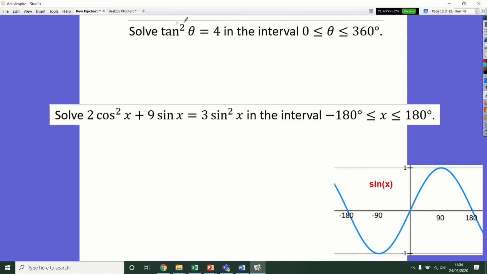It looks as if I can take square roots right away, so I'm going to do that first of all. Square root both sides. Tan theta is plus or minus 2. It's important that you remember the plus and minus version. If you take these cases separately, you can then figure out separate sets of values for each case. So on this side, if I do tan theta equals 2,